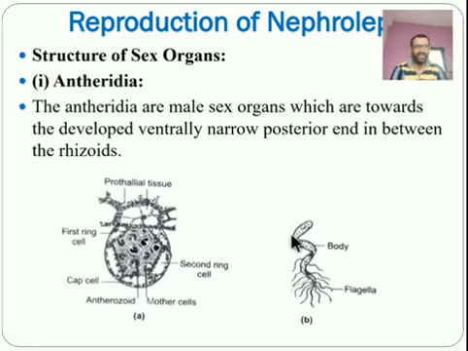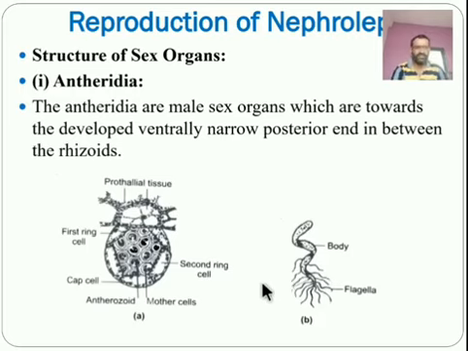This is the structure of the antherozoid, and each antherozoid is a haploid structure. This is the shape of the antherozoid. These are the antherozoid mother cells, which are also haploid, and from them, with the help of mitosis, they produce the antherozoids. It is a multiflagellate, coiled structure. Flagella are there.